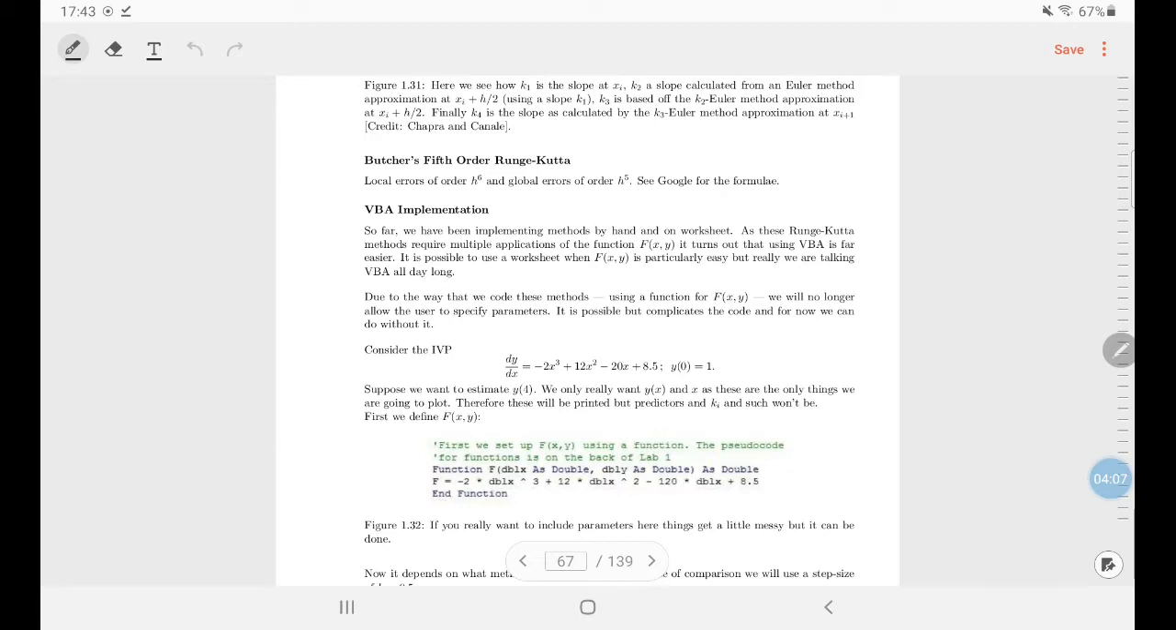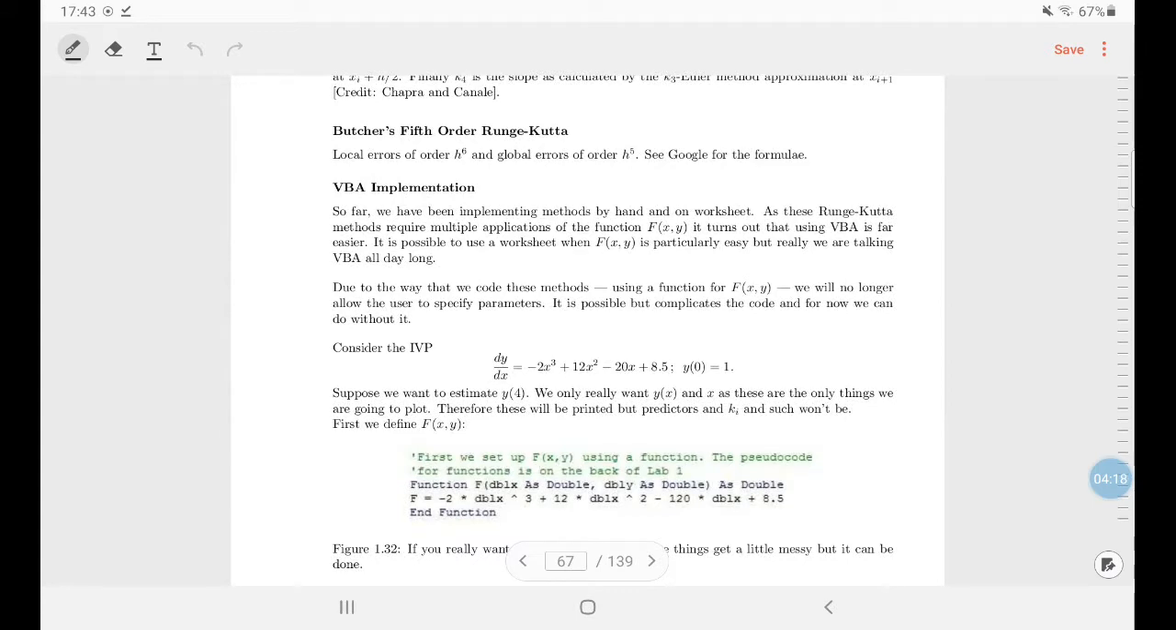So we've been implementing methods by hand on a worksheet. The Runge-Kutta methods you're not going to be doing by hand, ever. It's even possible to do on a worksheet, but really you're talking about VBA. Due to the way we code these methods, using a function will no longer allow the user to specify parameters. Now you can do that if you want, like in the future, or you can imagine doing it, but I won't look at that. It complicates the code because the derivative will have to be a function of x and y, but also all the parameters,